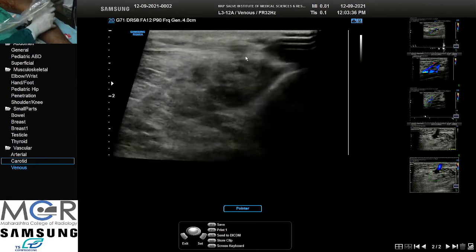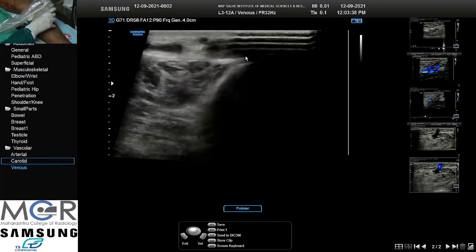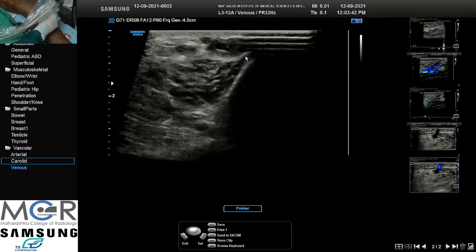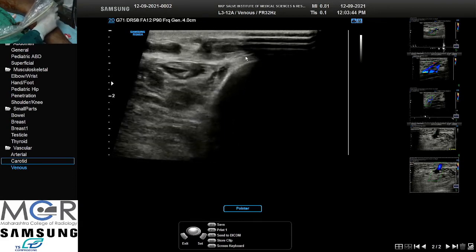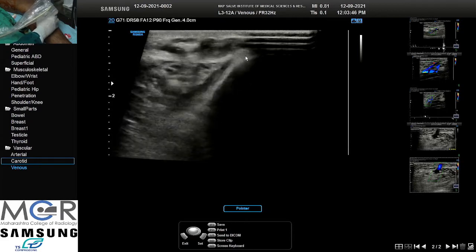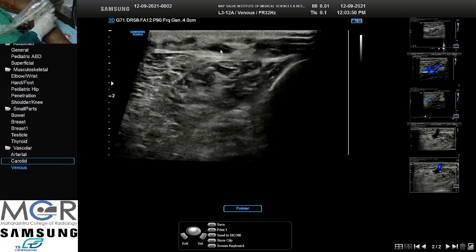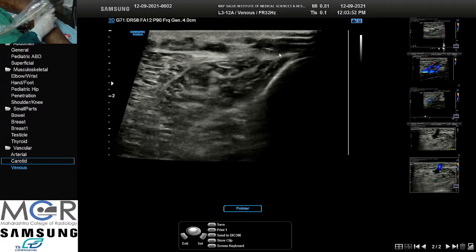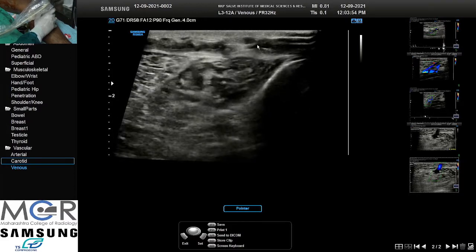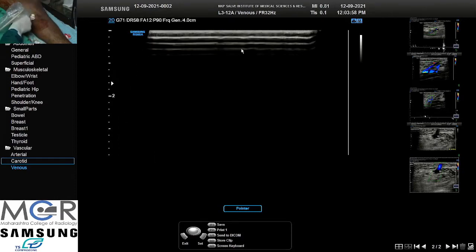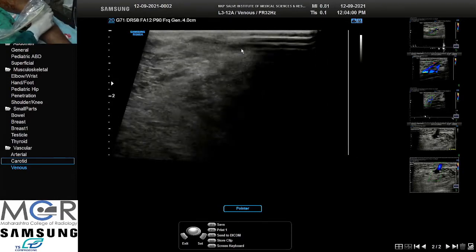Immediately after the procedure, we can see the size has gone down. We can see some echogenic material also within. All the superficial veins are seen vastly dilated, either reducing caliber or developing thrombus. So that is stasis, I think, for the time being, and it will turn into thrombus.